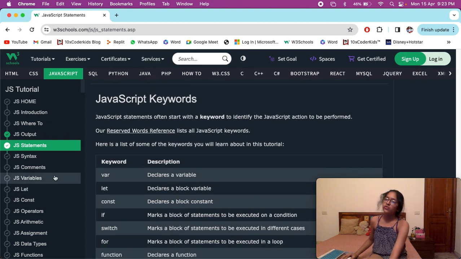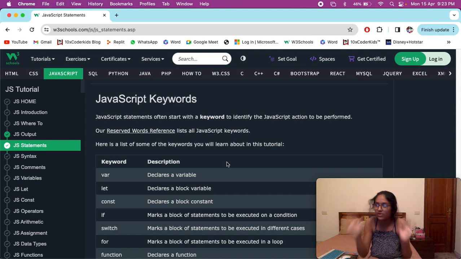Okay, so var declares a variable. Let declares a block variable. Const declares a block constant.